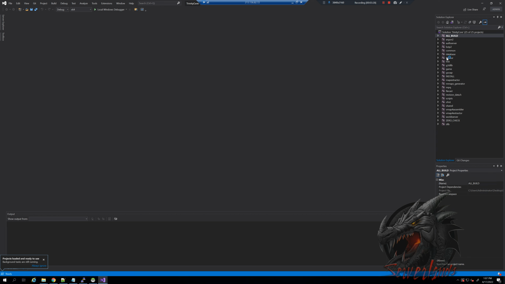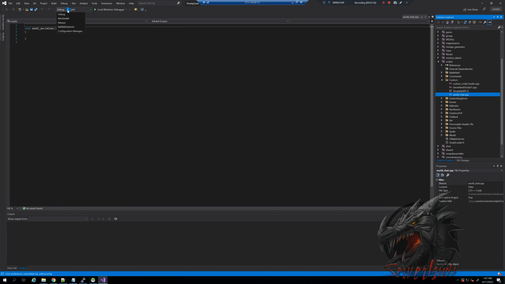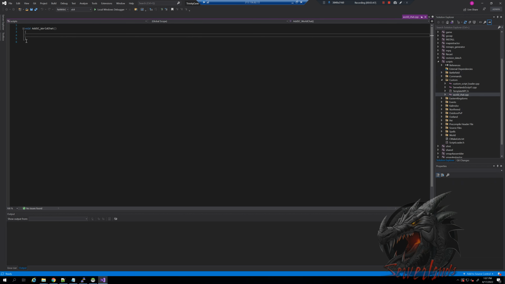Let's go in here, scripts, custom, and there you go, world chat. All right, that means that whenever we compile it, it will actually compile with this custom script in. Now that's important because, as you probably noticed, we have nothing in this script. We have only this. This is because when we actually call the script itself,